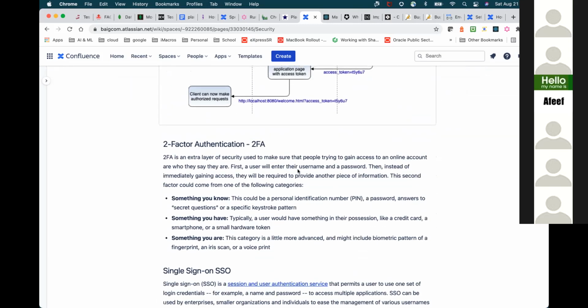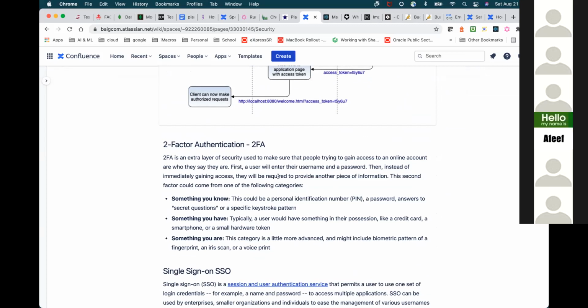Okay, hopefully that's a yes. You might also have heard of two-factor authentication or even multi-factor authentication. Two-factor authentication can be done with OAuth as well as with basic authentication.